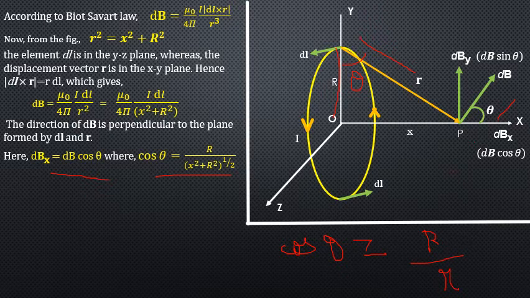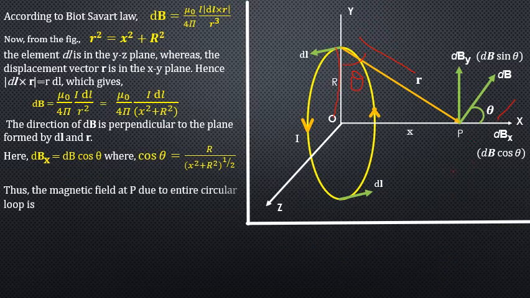Now since r square is x square plus capital R square, then r will be under root of capital X square plus r square. That's why capital X square plus r square raised to the power 1 by 2. So we find the value of cos theta over here and we substitute it in the equation. So that means the x component of the loop becomes dB cos theta,